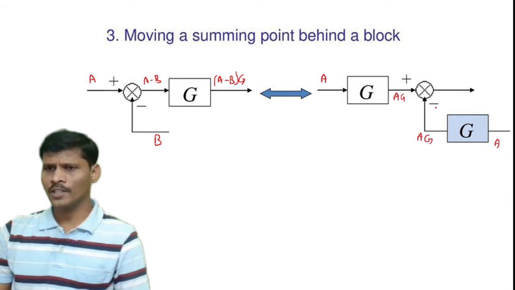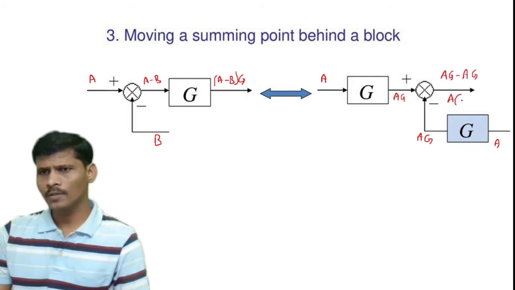Now here the negative sign is there, and the output of the summing point is AG minus AG. For both the terms A is common, therefore A into A,